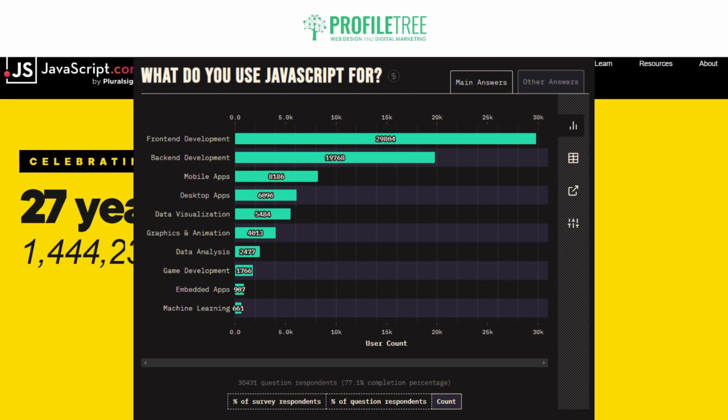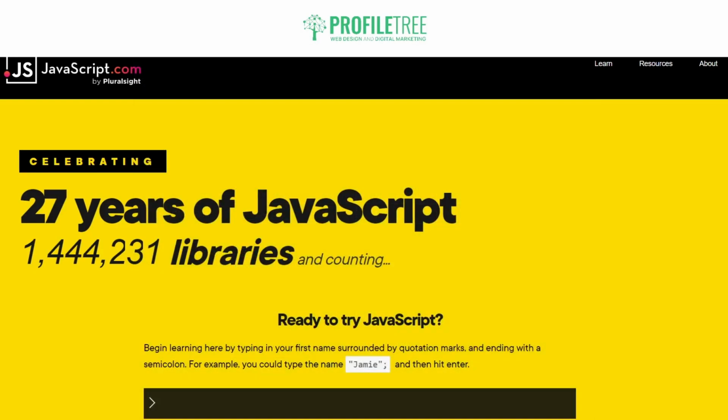But 29,804 people prefer to use it for actual web development. So JavaScript itself is primarily there to enhance the user interface and user experience. Front-end developers use JavaScript to create interactive elements, validate forms, handle user interactions, and update the content dynamically without the